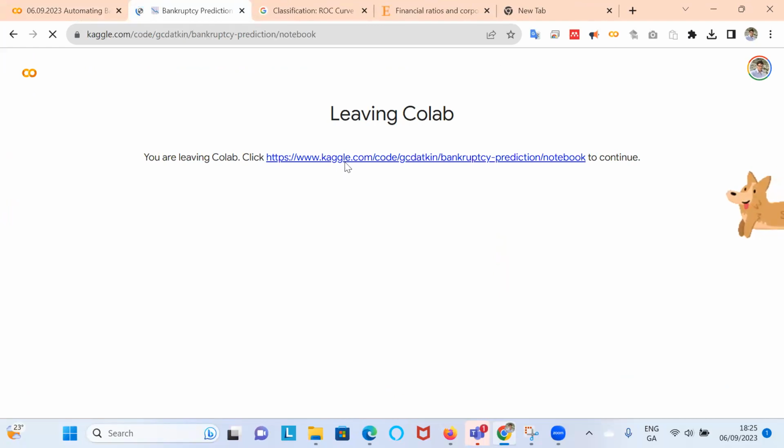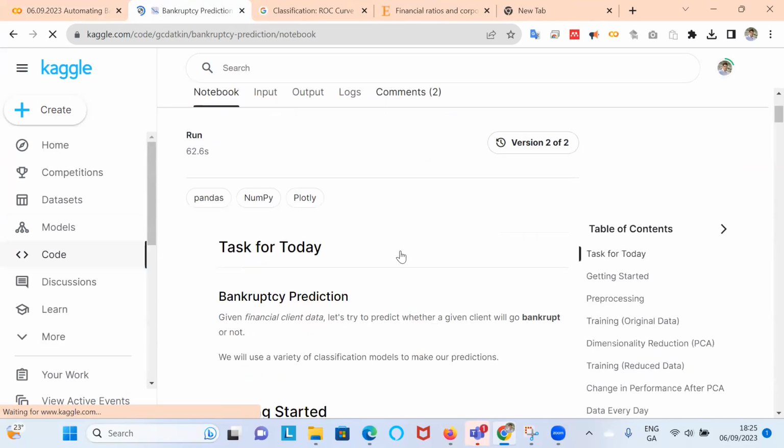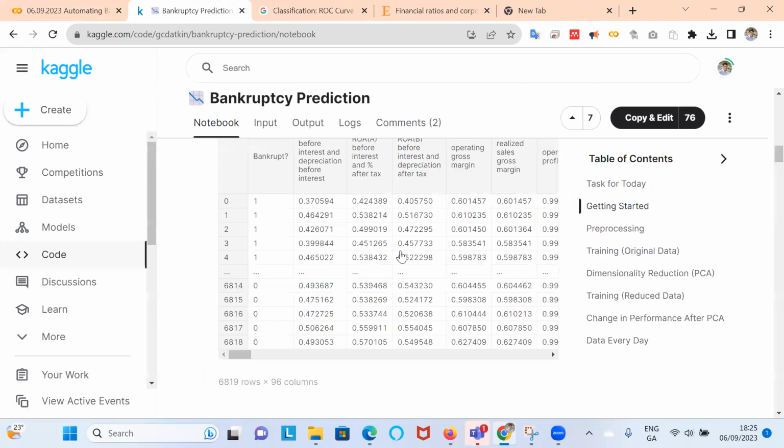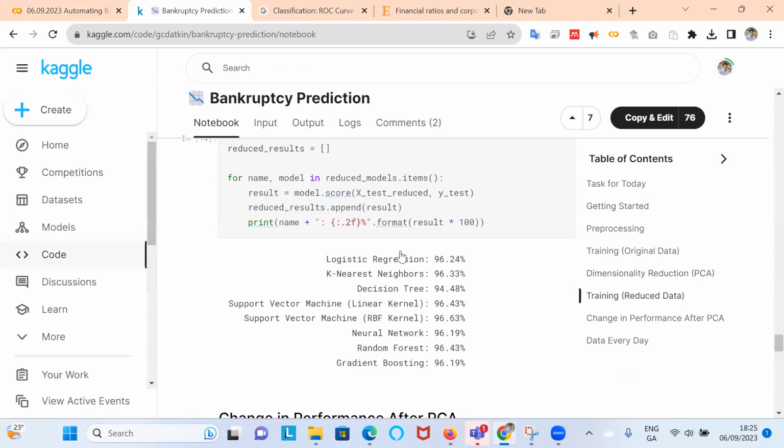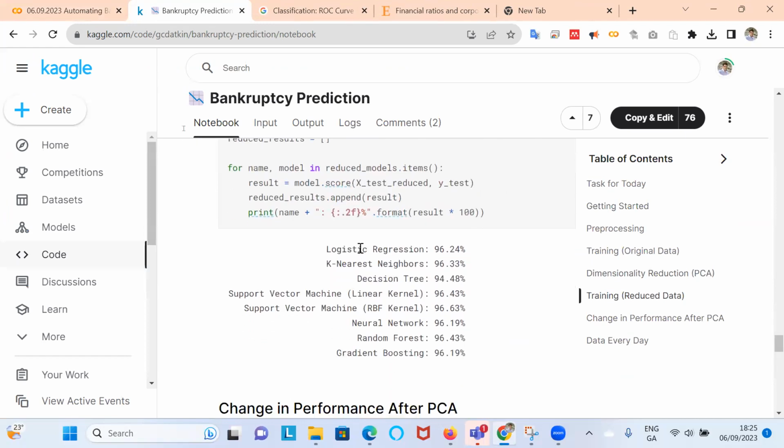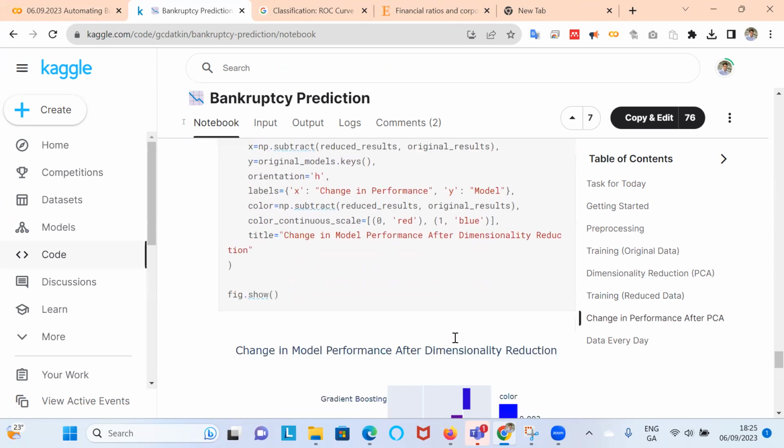the code artifact is put up on the Kaggle portal, and it gives an overall assessment of the level of accuracy for a variety of different models. So he looks at logistic regression, k-nearest neighbor, decision tree, support vector machines, neural network, random forest, gradient boosting. They're all standard techniques, but we're still in the region of 96%.